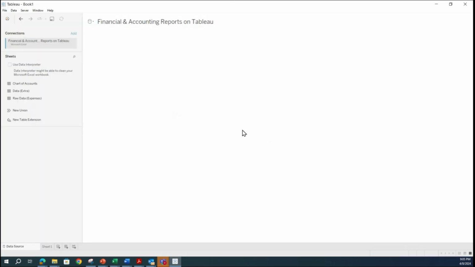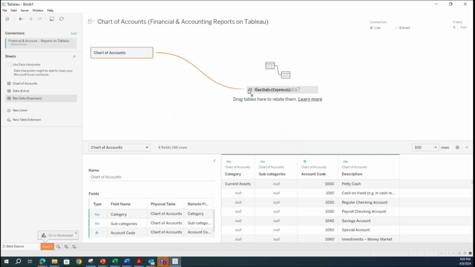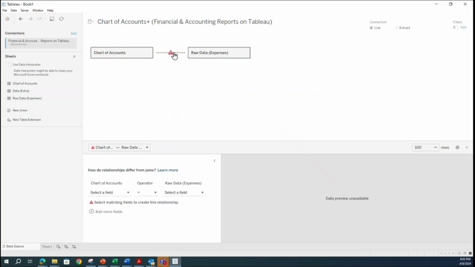Open it. Tableau is making the linkages. Awesome, done. So I'm going to drag this chart of accounts into the center of the canvas again, and I'm going to drag the raw expenses into the center of the canvas again. And here you see there is an error, and it says relationship chart of accounts to raw data doesn't exist. Some more information is there: many to many default. This relationship has no matching fields. Edit the relationship to